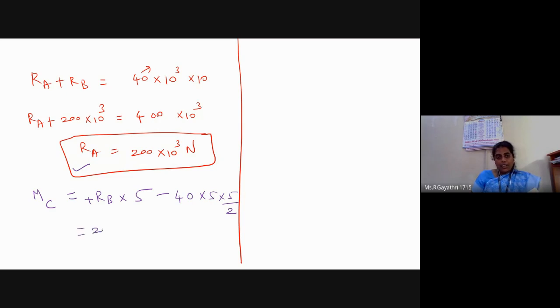RB value 200 into 10 power 3 into 5 minus UDL value 40 into 10 power 3 into 5 into 5 by 2. So 20 into 5 is 100, 100 into 5 is 500 into 10 power 3. 2 into 5 is 10, so 1000 into 10 power 3 minus 500 into 10 power 3. Answer: 500 into 10 power 3 Newton